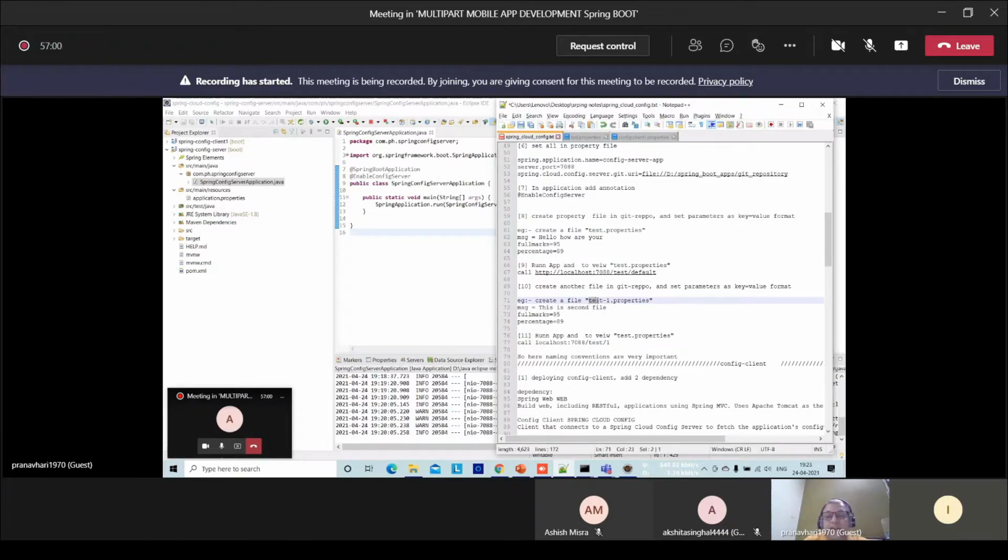This syntax of writing is very important. The hyphen that you see here, this hyphen basically separates. There can be any number of hyphens in a file name, but the name which comes after the last hyphen is the profile name.